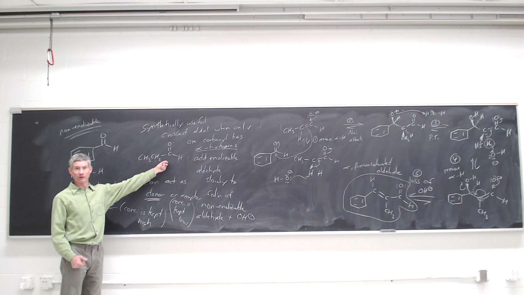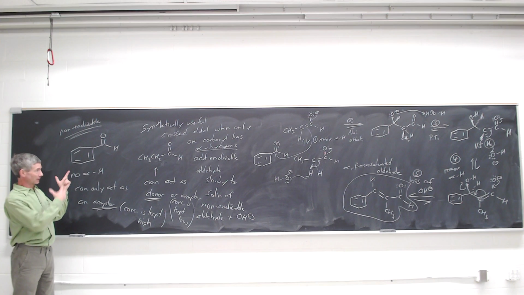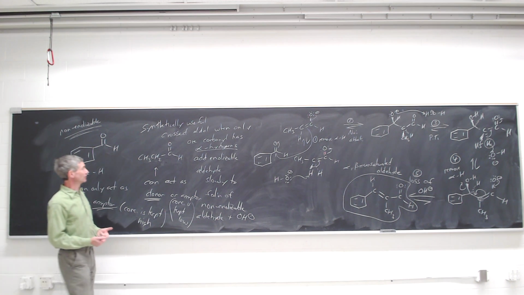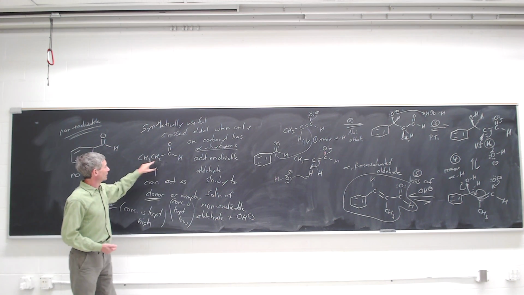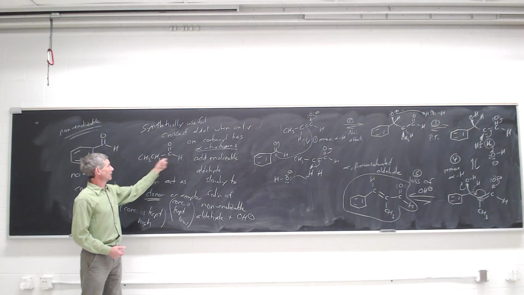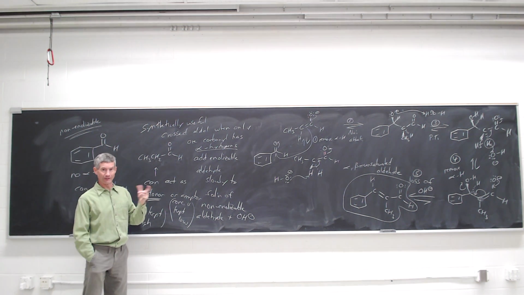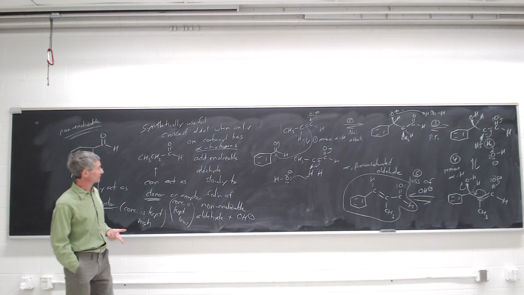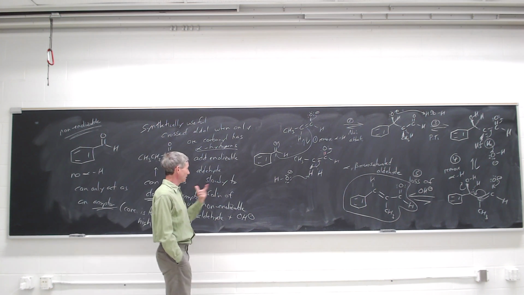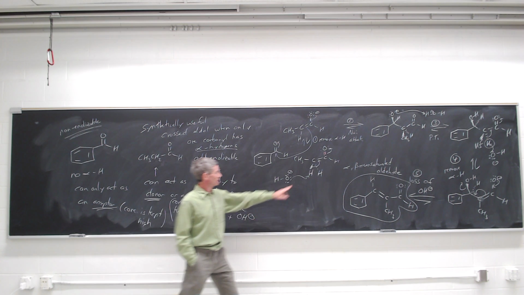I've got 2 aldehydes here, but this could have been a ketone. If this had been a ketone, we would also have seen a successful cross-aldol condensation. The catch if it's a ketone is that one side should be tertiary, so that you only have enolizable hydrogens on one side of the ketone, and thus you'll only form 1 enolate. For synthetic utility, we need the number of donor-acceptor combinations to be just 1: 1 donor,